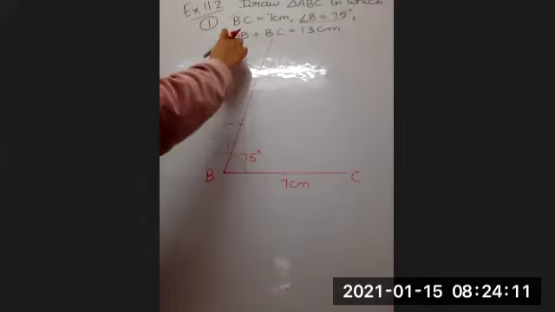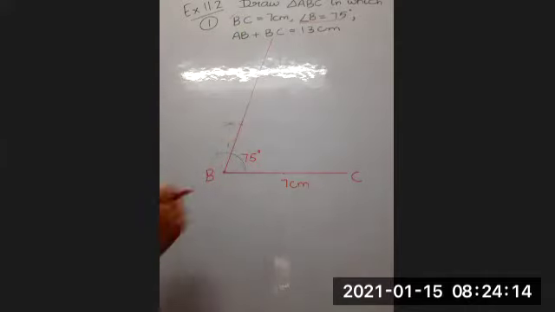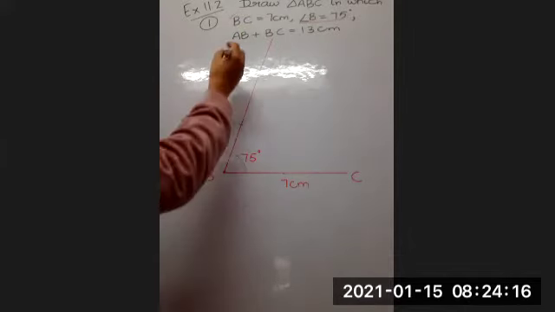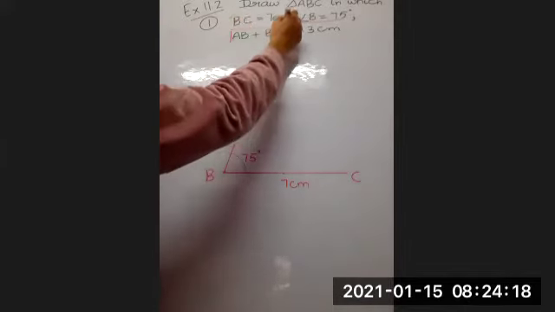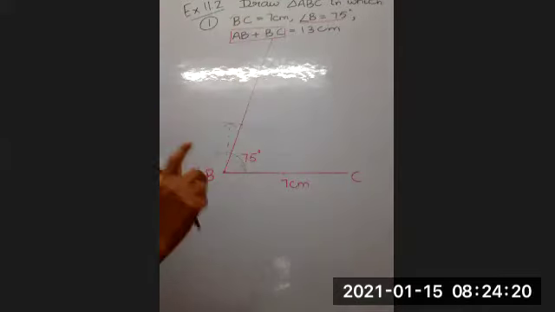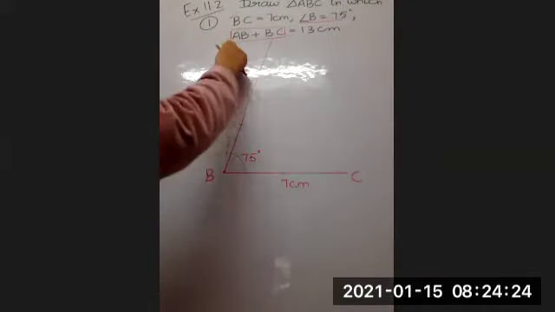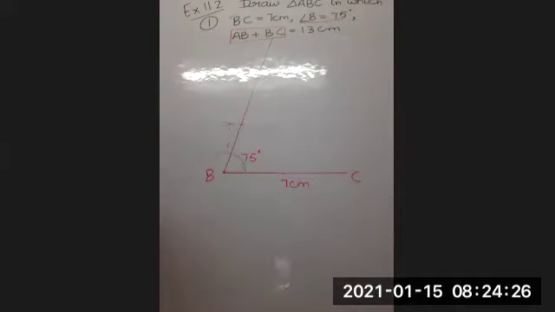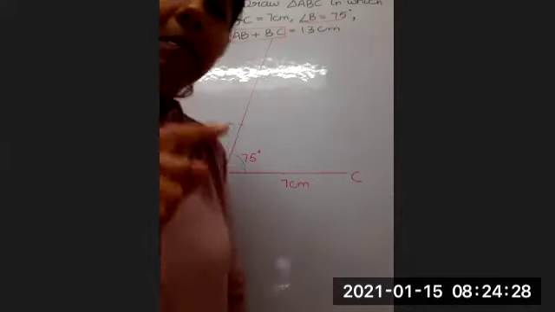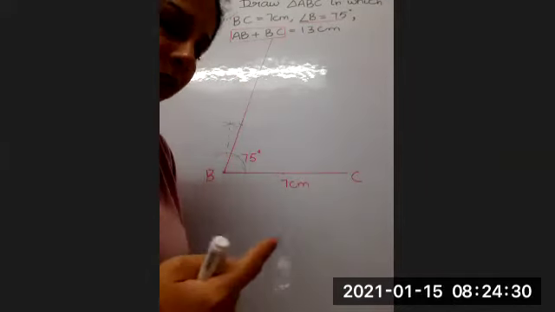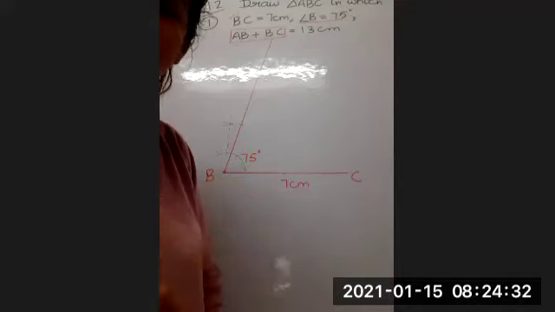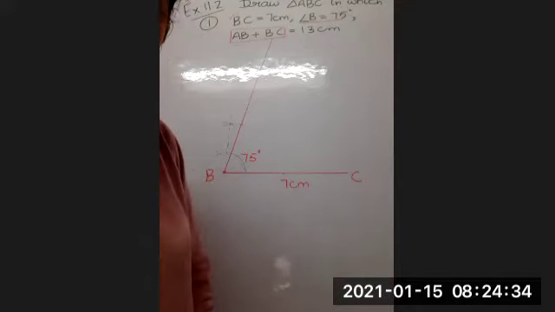Now, we are not given the third side or second side as such. We are given the sum of remaining two sides. A triangle has three sides. One side is 7, then the sum of other two is 13. So now, children, keep in mind that if we have drawn 75 degree, there is some use going to be there. So what is its use?